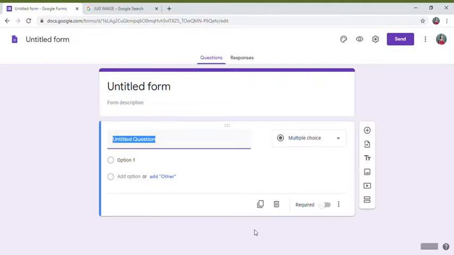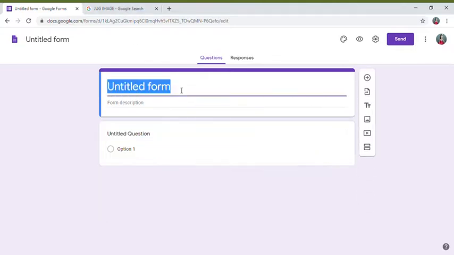This is how your form is going to look. We're going to cover how to make compulsory sections, how to make MCQs, how to add images to your questions, how to make long answers, how to customize your forms, how to preview it, how to add auto correction, how to check your responses, how to add marks, and how to send your form links.